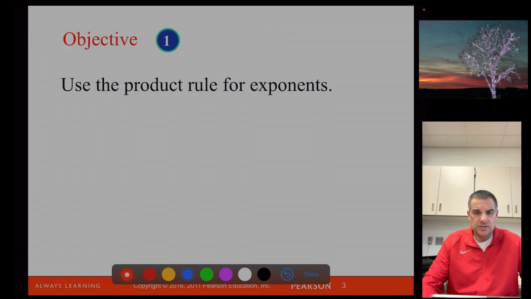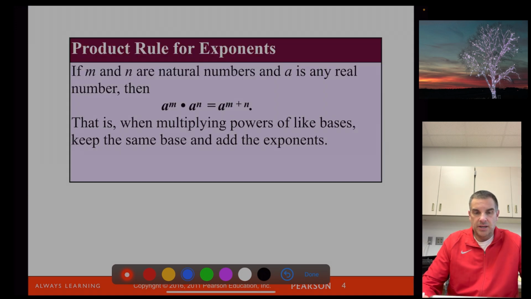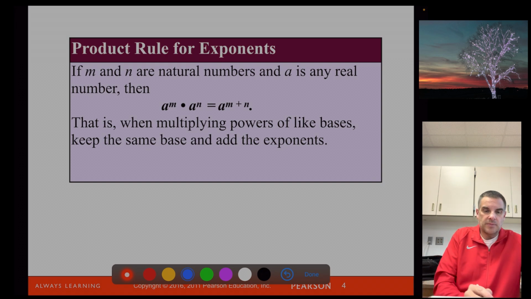So our objective 1 is to use the product rule for exponents. So if m and n are natural numbers and a is a real number, then a to the m times a to the n is equivalent to a to the m plus n. So you add exponents. That is, when multiplying powers with like bases, you keep the same base and you add your exponents. So let's say we have something like 2 to the 4th